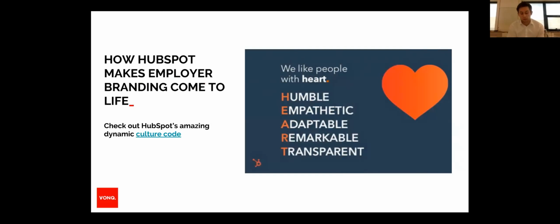So this stands for humble, empathetic, adaptable, remarkable, and transparent. But when you look deeper into each of their target audiences, you'll see in more detail how these are actually reflected specifically to that target group. But at this level, they're just keeping it broad, repeating the same message,